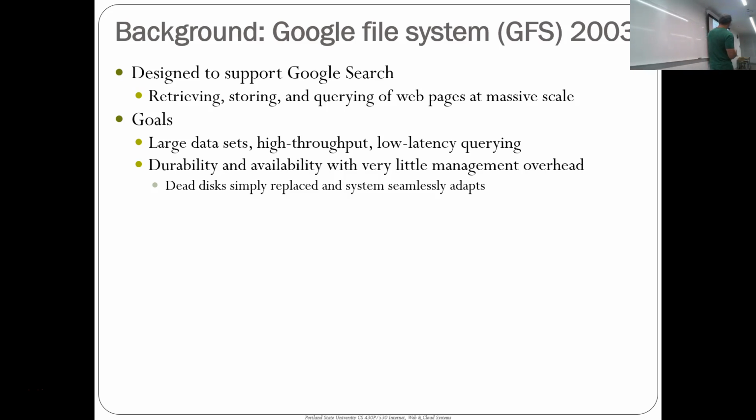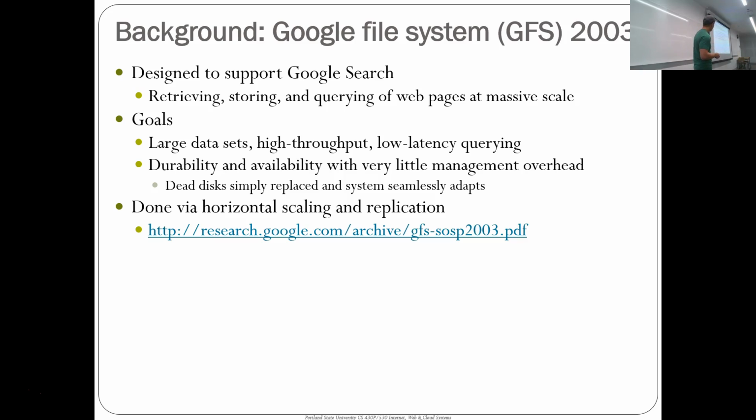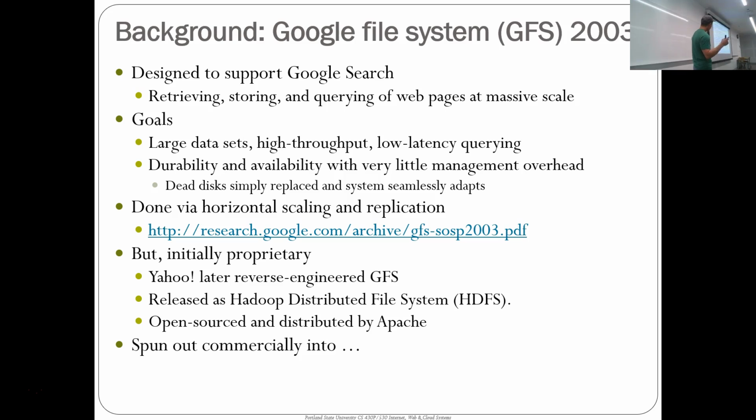They had large data sets, they needed high throughput, low latency, durability and availability, and they needed this with very little management overhead. The design is in this SOSP paper from a long time ago, and they're using a lot of the same techniques that we'll see used in the scalable databases. They're using horizontal scaling, replication, and adaptation to shift the data and the replicas to wherever it's being used. Okay, so initially this was all proprietary, and then Yahoo reverse engineered what was being done,